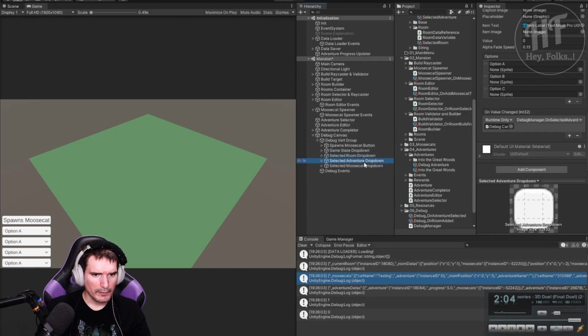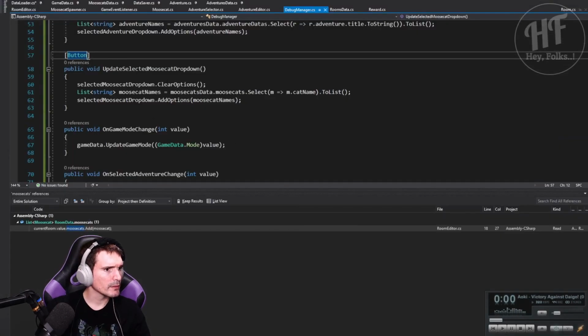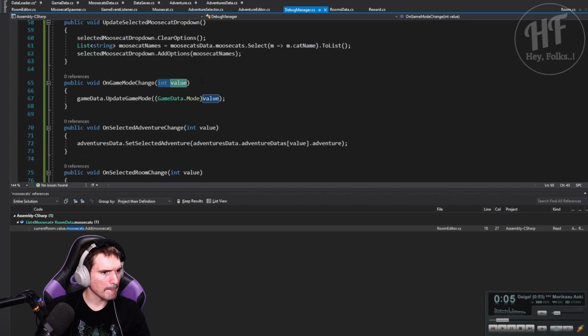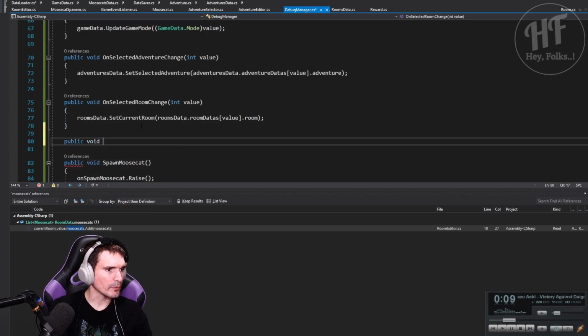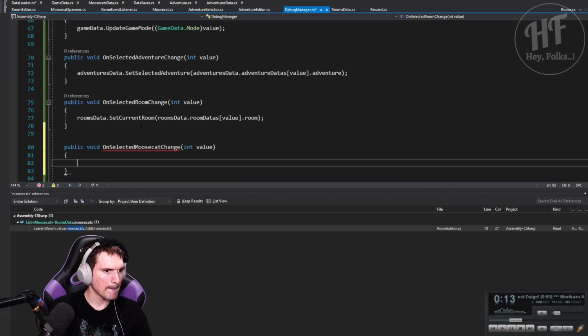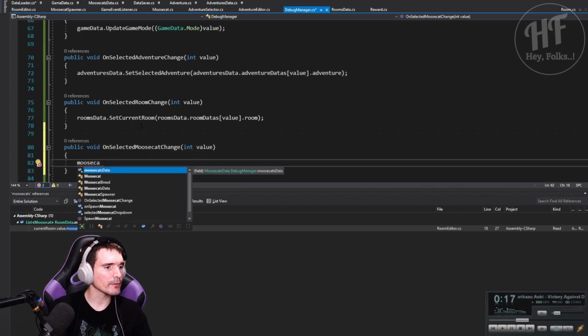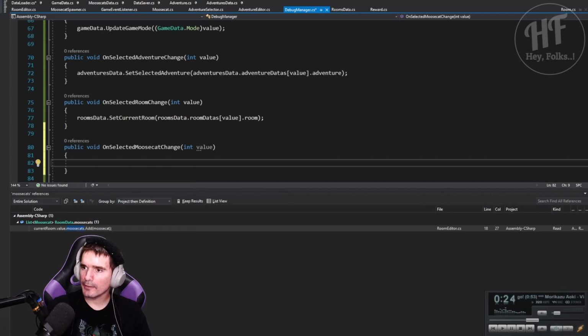Do we need that on these ones? Game mode, selected adventure, on selected room, on selected Moosecat. Oh, yeah, I see here. Click void, on selected Moosecat, change. Moosecats. Oh, right, we don't... How do we target